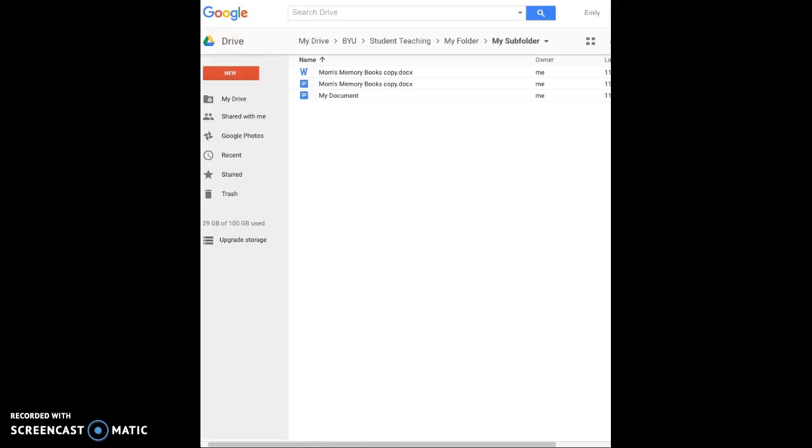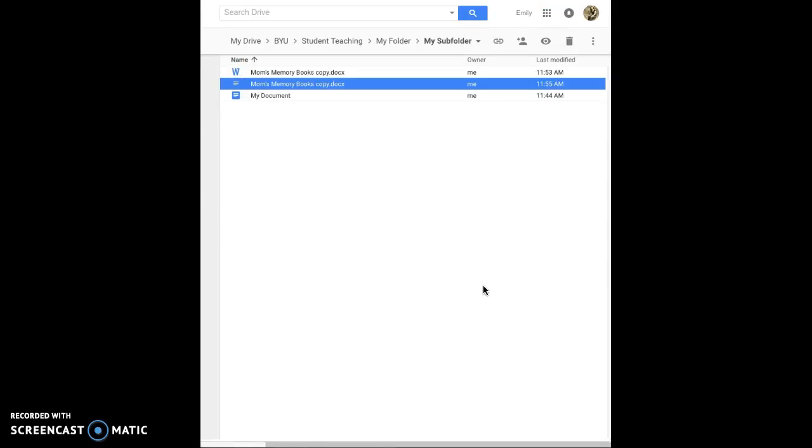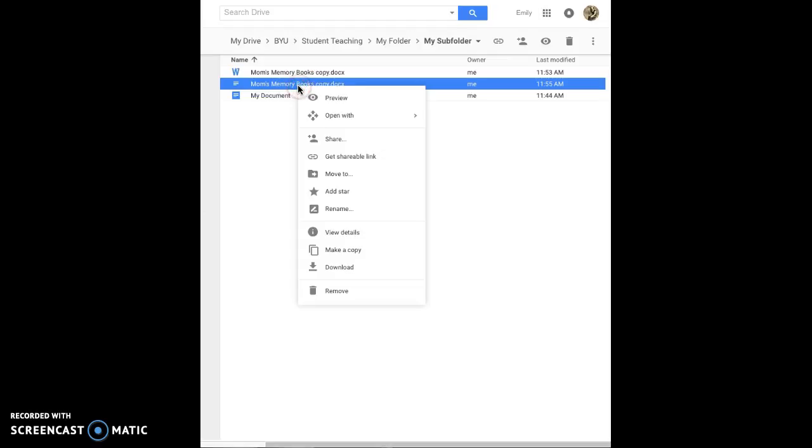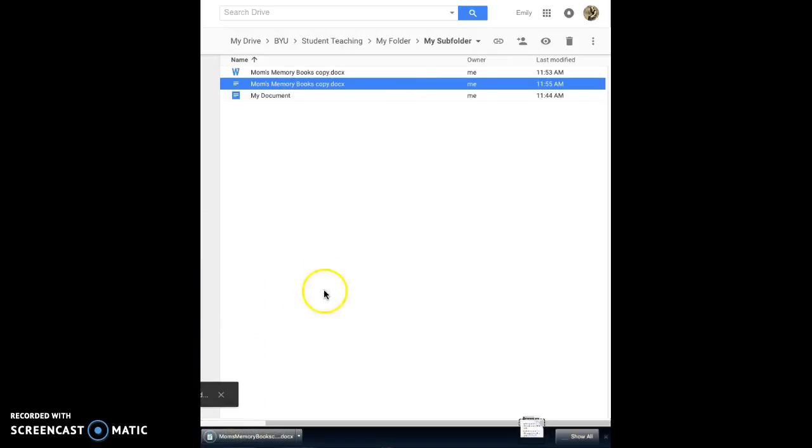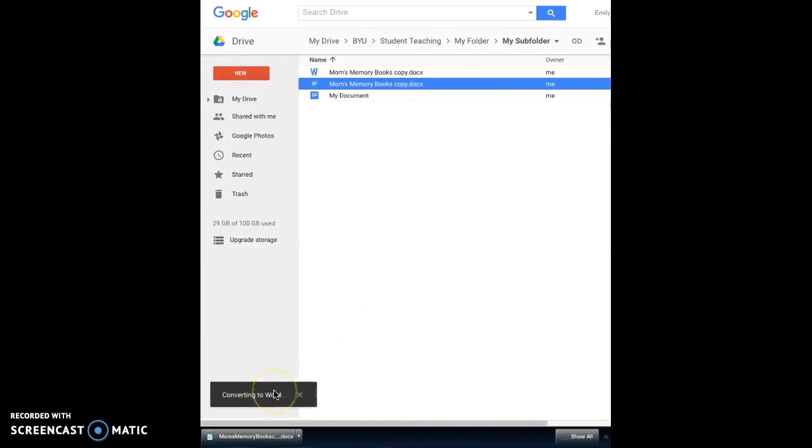And if I exit out, I can see that it has kept my Microsoft Word version, but also my Google Doc version. And our last step that I would like to share is how to convert a Google Doc back into a Microsoft document or any other corresponding document. Now here, this is the one I just converted into a Google Doc. So I've right-clicked and I say download. Now when I download it, it actually converts into a Microsoft Word, as it just said in that pop-up. So now when I open it up,